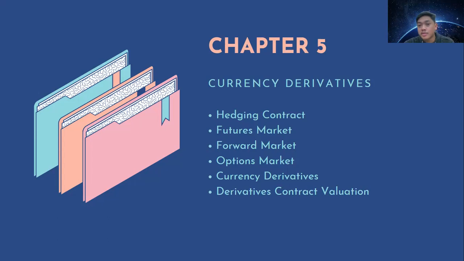There are two positions in hedging. One is long and second is short hedges. A long position is appropriate when you know you will purchase an asset foreign currency in the future and want to lock in the price. And for the short position is appropriate when you know you will sell an asset in the future and want to lock in the price.